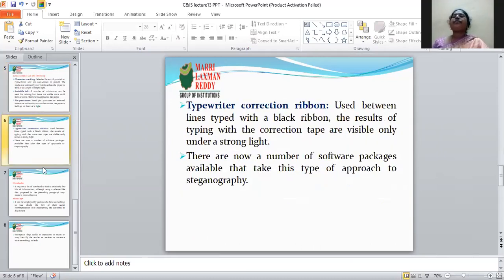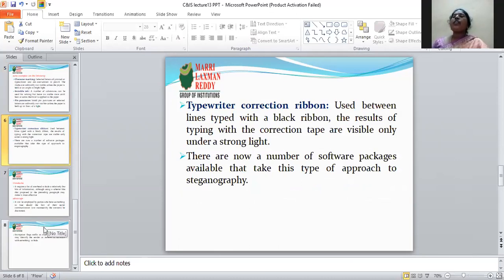Next one, typewriter correction. Used between lines, typed with a black ribbon. The result of typing with a correction tape is visible only under a strong light. Here we are using strong light. We are using the typewriter to go from plain text to ciphertext.